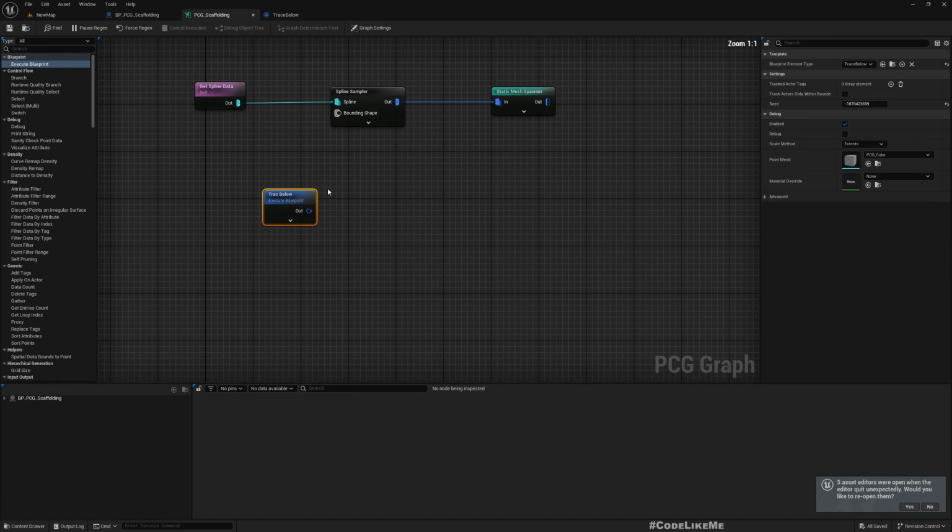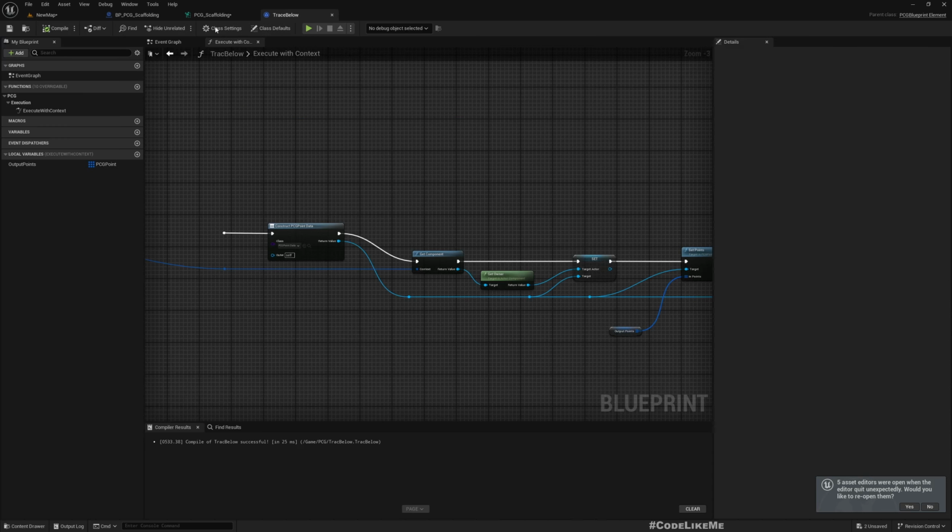Okay, now here you see, right now it only has an output, point data output,